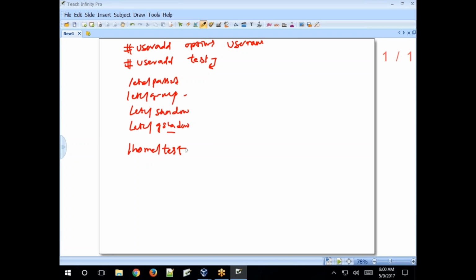That is the user's home directory, and the permissions, ownership and group ownership will be applied. Who is the owner of this directory? test, and the group is also test. Permissions means access modes: read, write, execute for user, group and others.